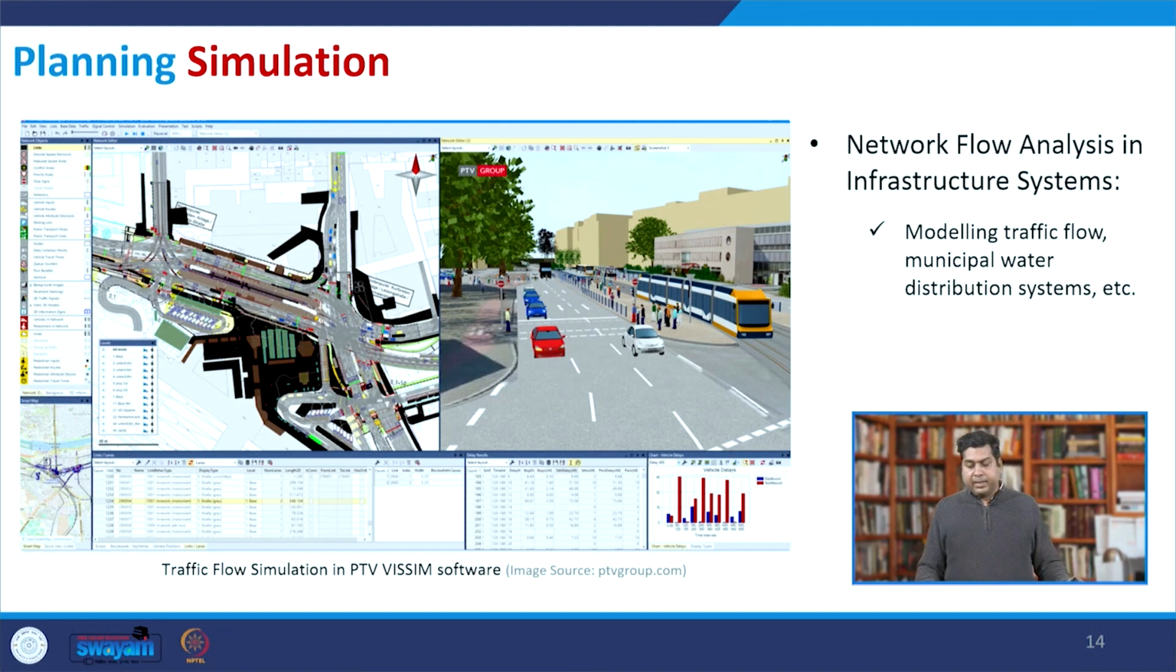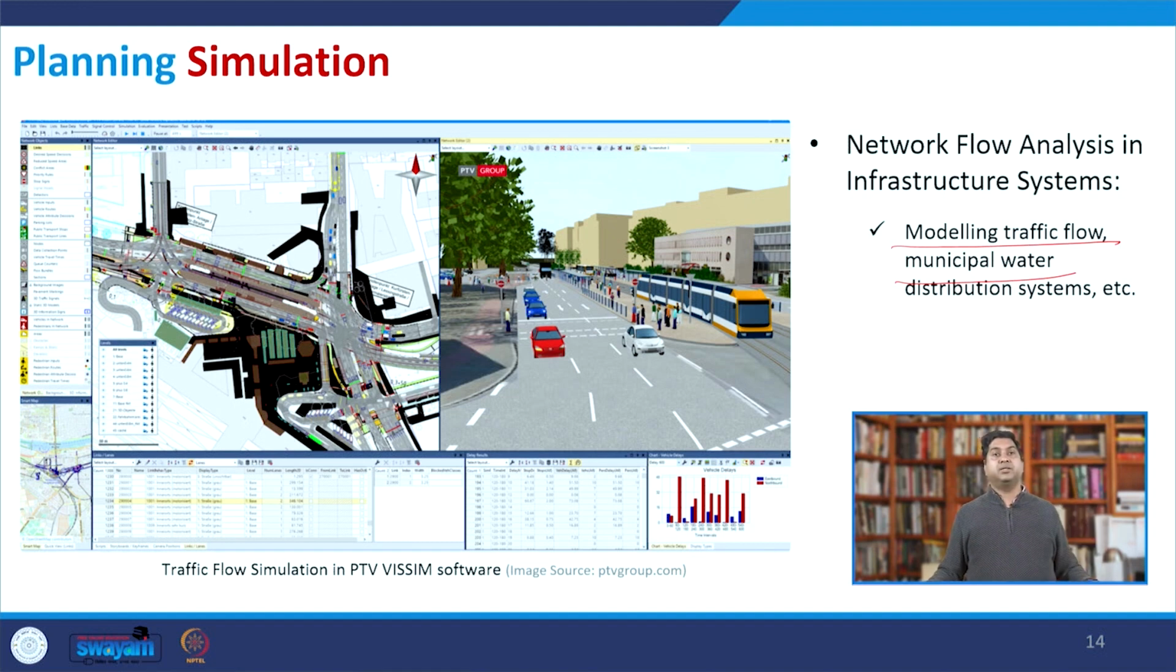Coming to the network flow analysis in infrastructure system, here maybe you can model the traffic flow or the municipal water distribution system. There are n number of softwares available. PTV VISSIM is one of them, which can help you with traffic simulation. You can create a realistic environment, you can give inputs like the vehicle composition, different sort of traffic that you observe in different hours, and then it can help you simulate whether your current infrastructure is capable of